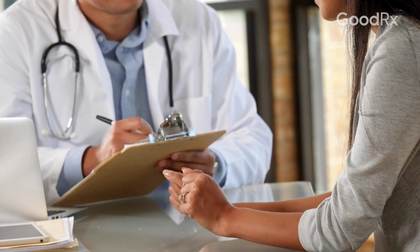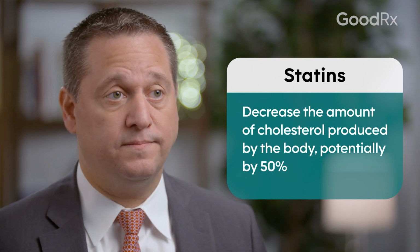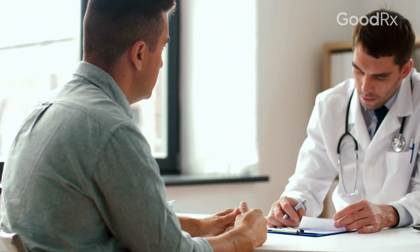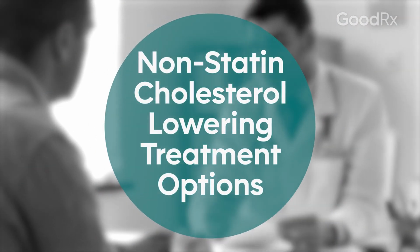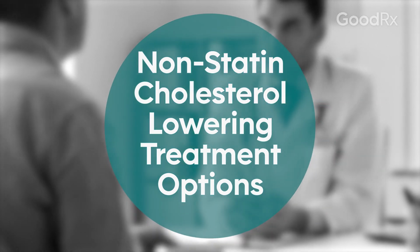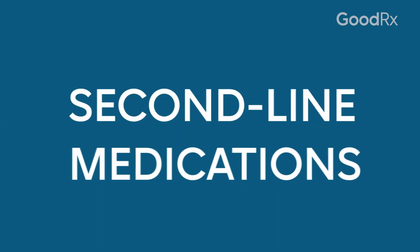When it's time to start a medication for cholesterol, the first line medication is a statin. The statin can reduce the bad cholesterol LDL almost 50%. However, in a good number of patients, a statin alone won't do it. So once we have a patient on a statin, as well as have made significant lifestyle modifications, we look to